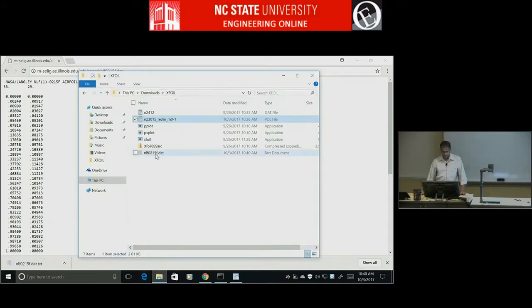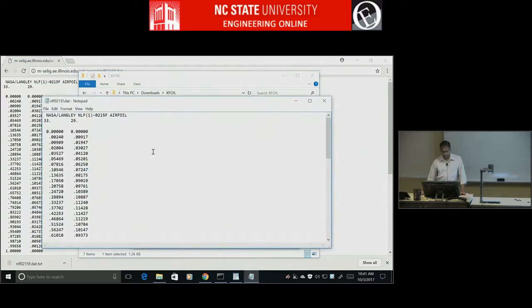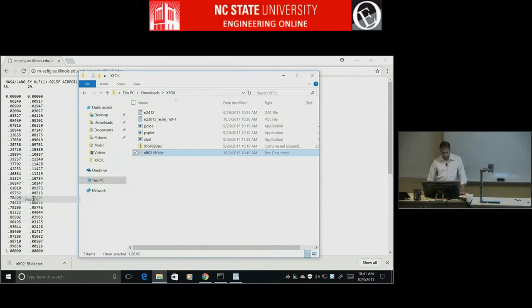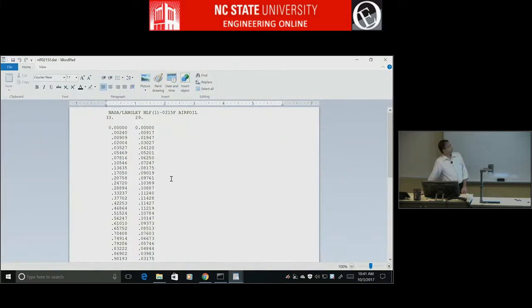Okay, so I've downloaded it. This thing is opening up in Notepad. Let me see if I can open with WordPad, okay. So here's the problem. So this is an airfoil data